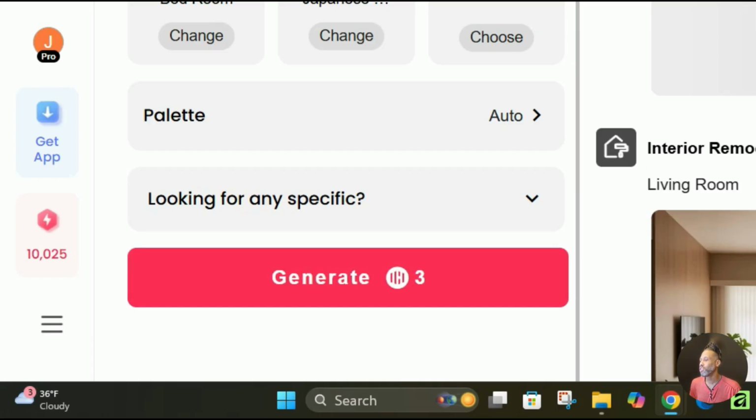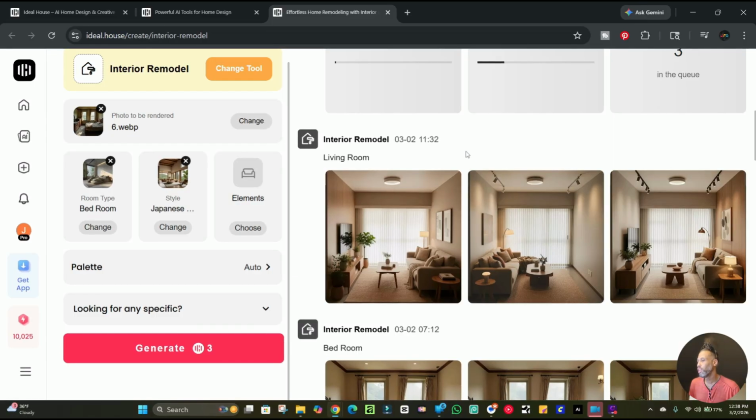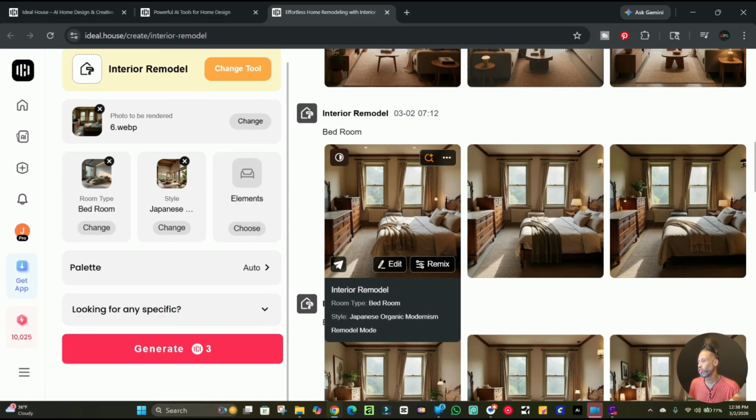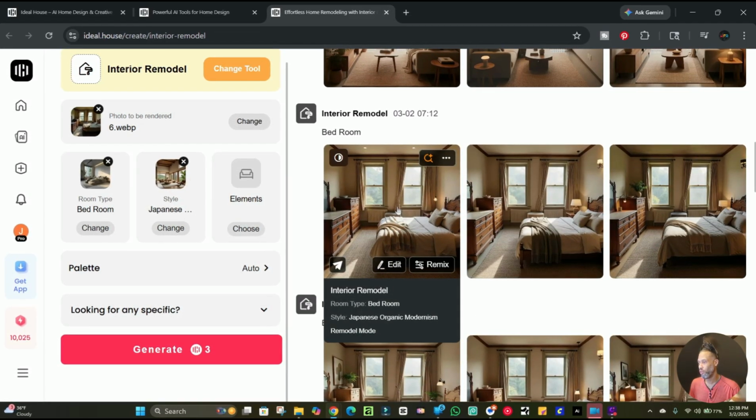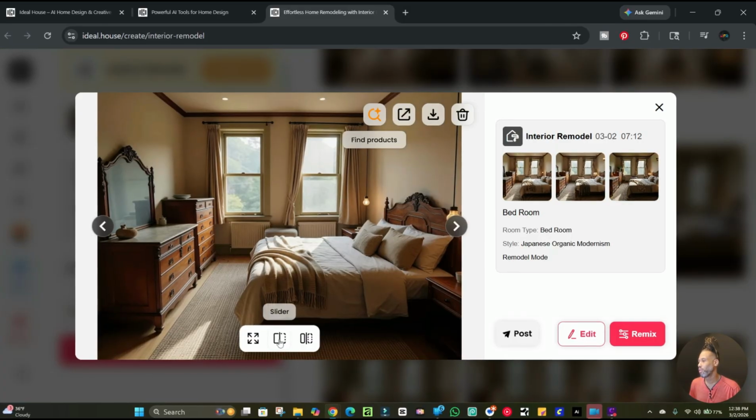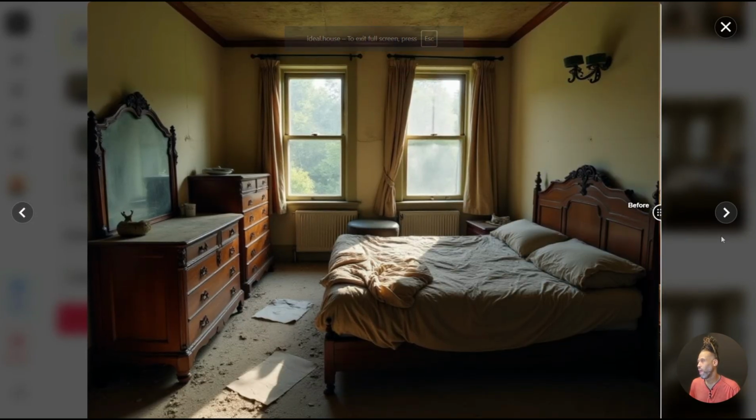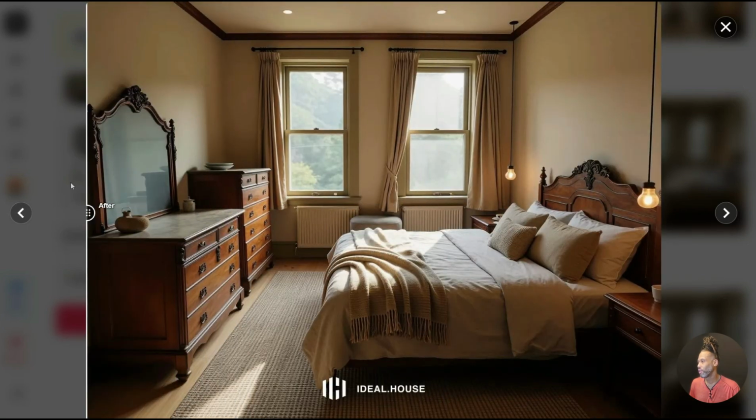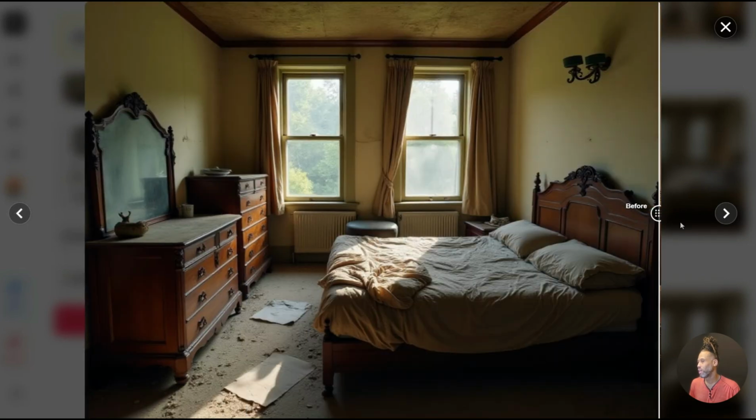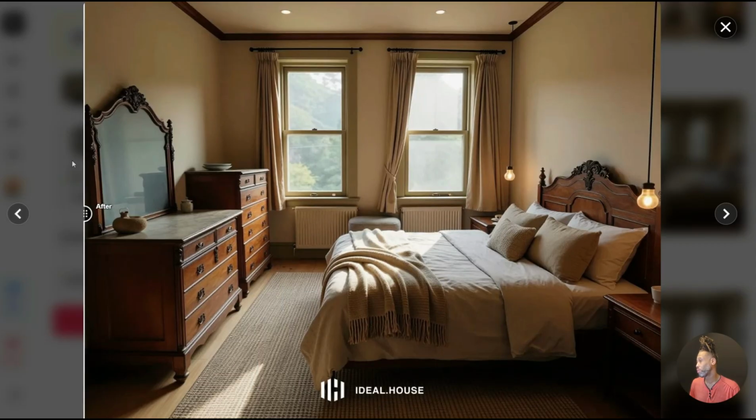Now, I already have some designed for this bedroom, so I'm going to go down and show you some of the ones that I've generated before. For Japanese Organic Modern, we're going to look at the before, and here is the after. All right, nicely done. So as you can see, it kept all of the furniture pieces in the room, the